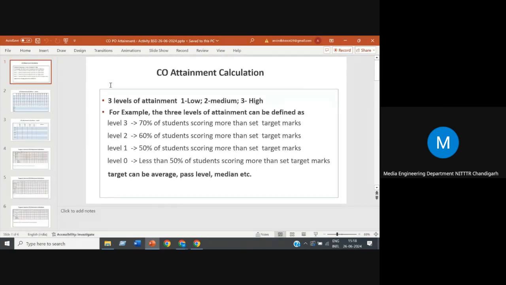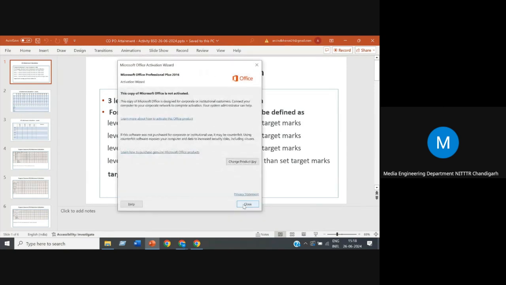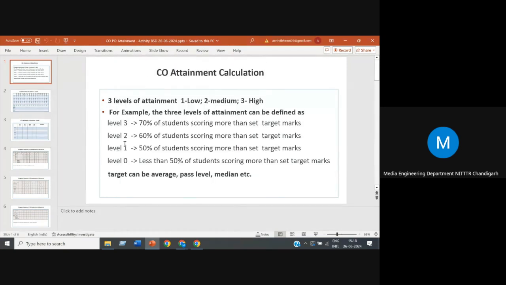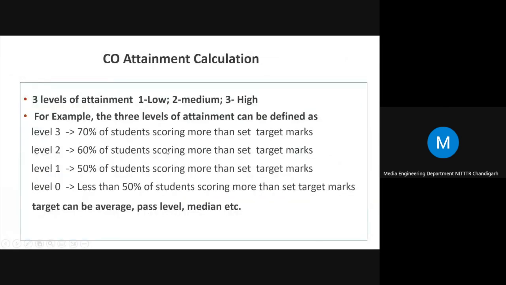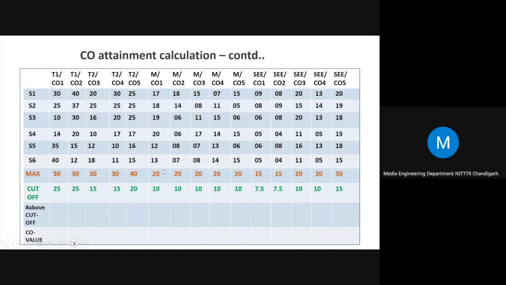So we will be doing the COPO attainment calculation activity. Let me just show it to you. Using these definitions, first we will be calculating the CO attainments. You can see that a similar table is there, and I have already entered the